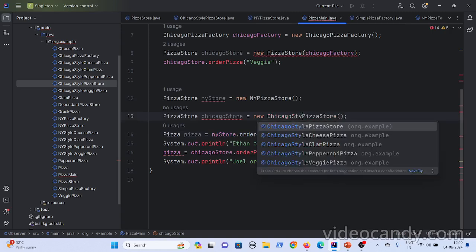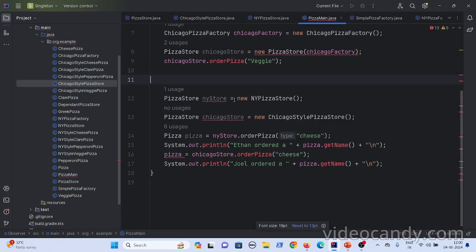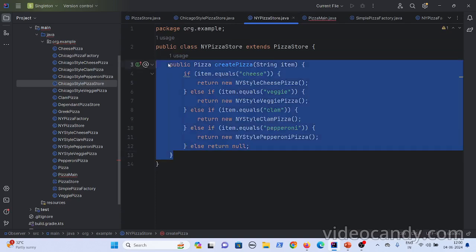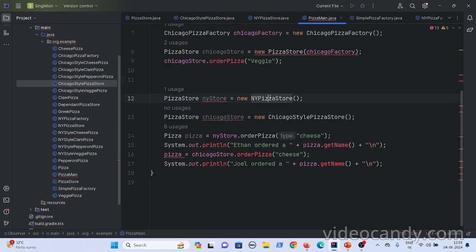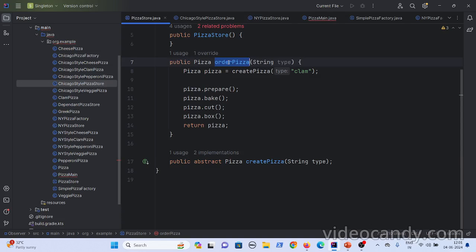So if you see here, Chicago style pizza. Now let's say a person wants New York style pizzas. He can create an object for the New York pizza store, and then he can order the pizza with the order pizza method.